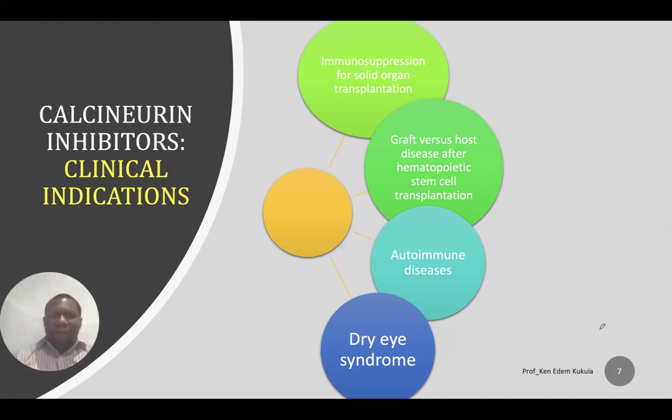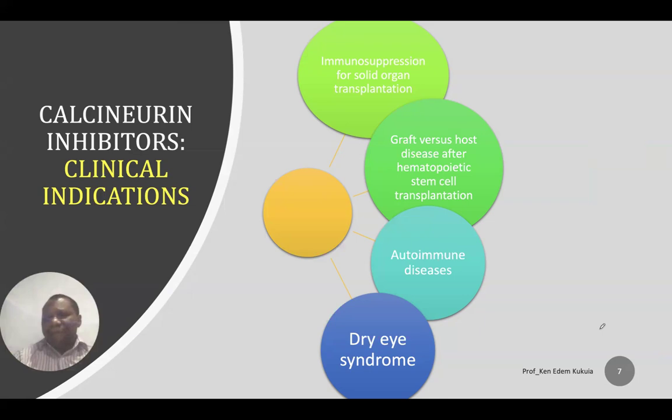So let's say someone who needs a solid organ transplantation, a kidney transplant, a liver transplant, and this person has received or is supposed to receive the organ, but we don't want the organ to be rejected by the recipient. So we would give this immunosuppressive agent to suppress how the immune system will try to attack the organ that